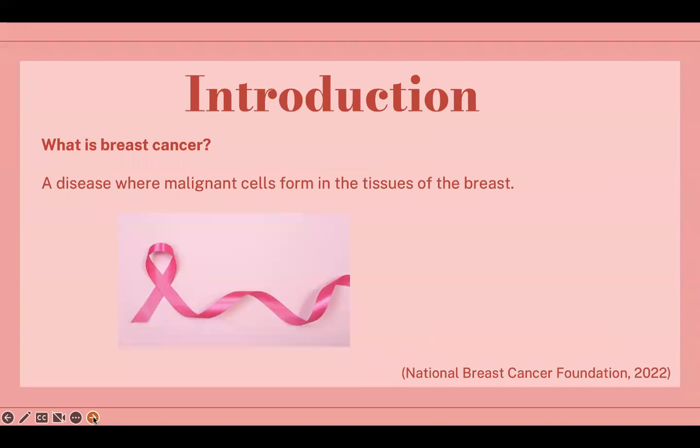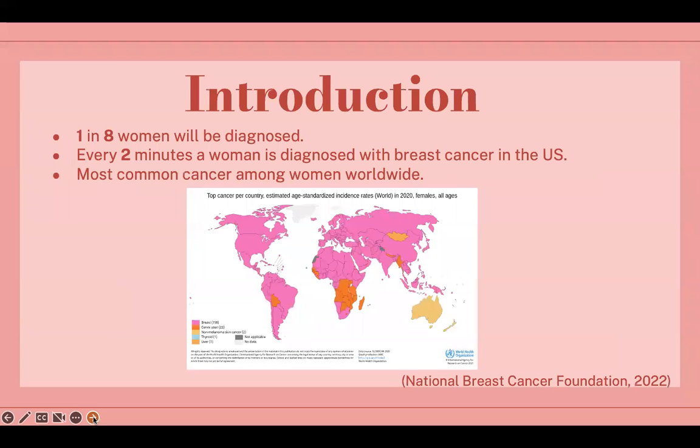First and foremost, we need to understand what breast cancer is. Breast cancer is a disease where malignant cells form in the tissues of the breast. There are several statistics about breast cancer that explain the prevalence and just how common the disease is. It is estimated that 1 in every 8 women will be diagnosed. Every 2 minutes, a woman is diagnosed with breast cancer in the US, and it is the most common cancer